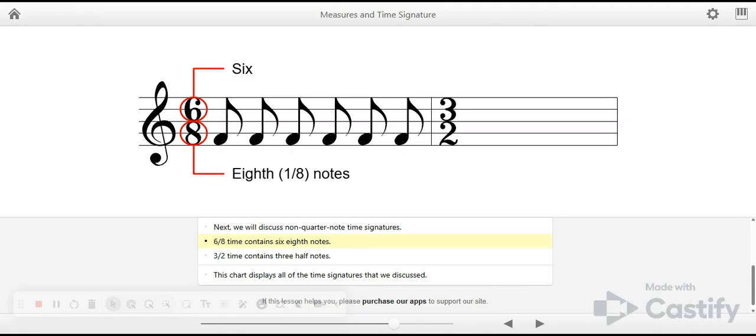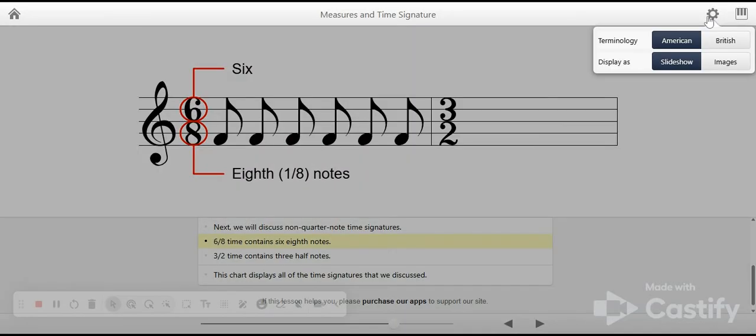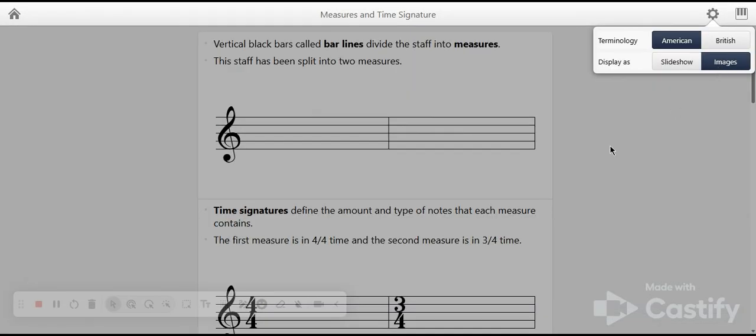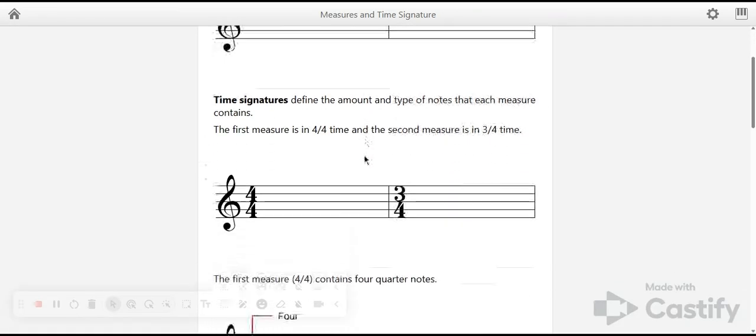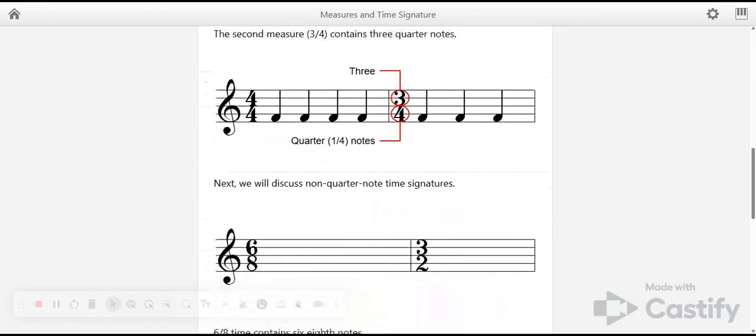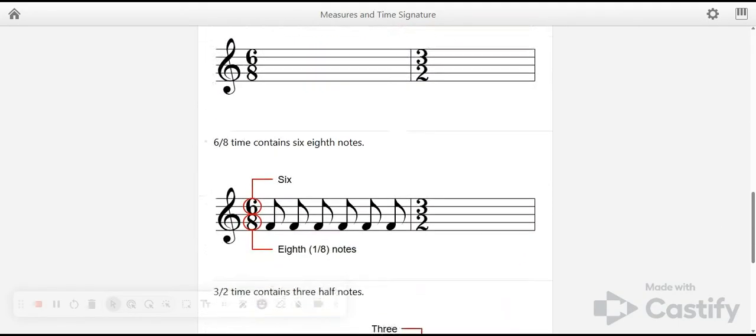it will show us the 6th, the 8th, and our 8th notes and how many go into 6/8. This allows us to see a more visual representation of it. But if we go to the right top of the screen and we click Images, instead of a slideshow, we can now just scroll down and see each individual picture attached to its description,